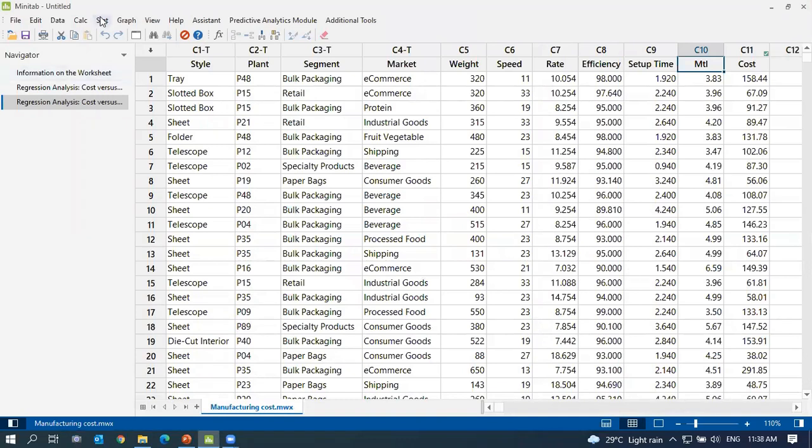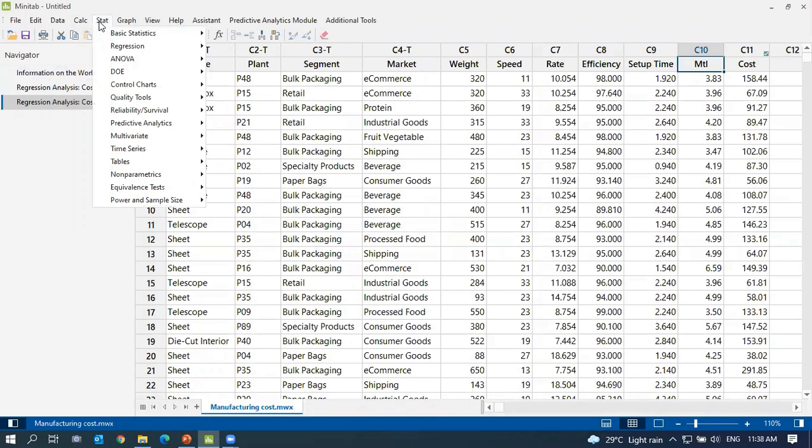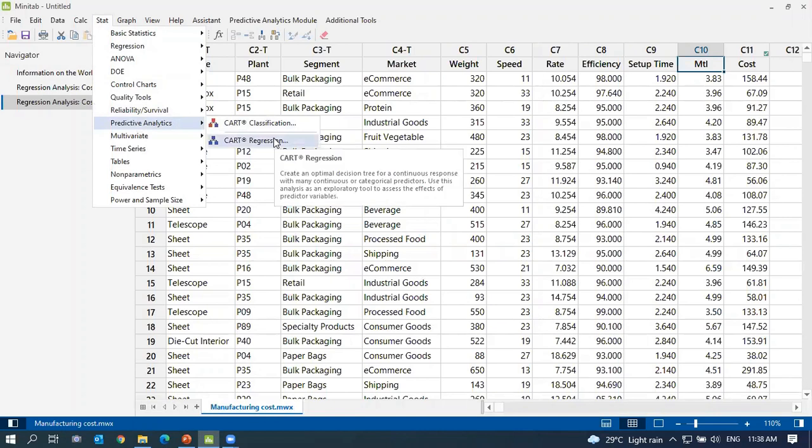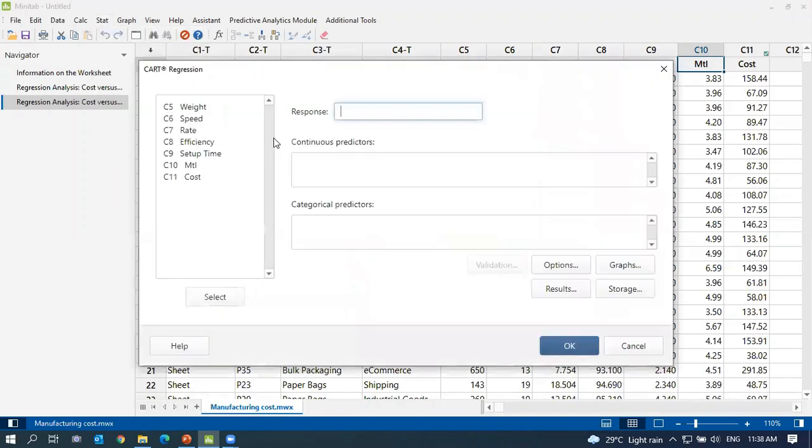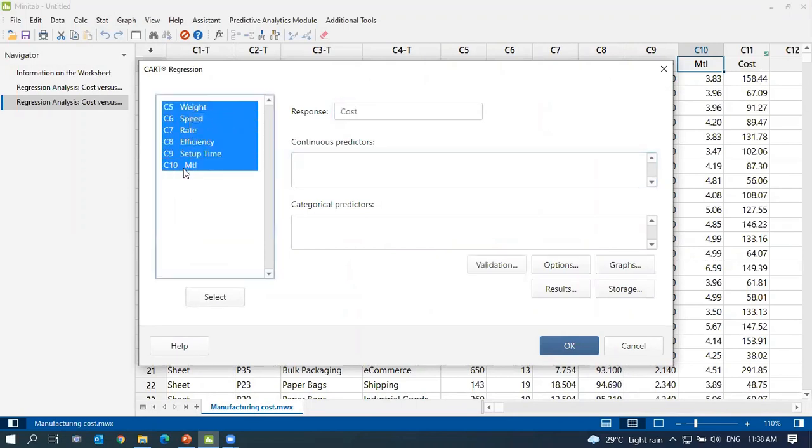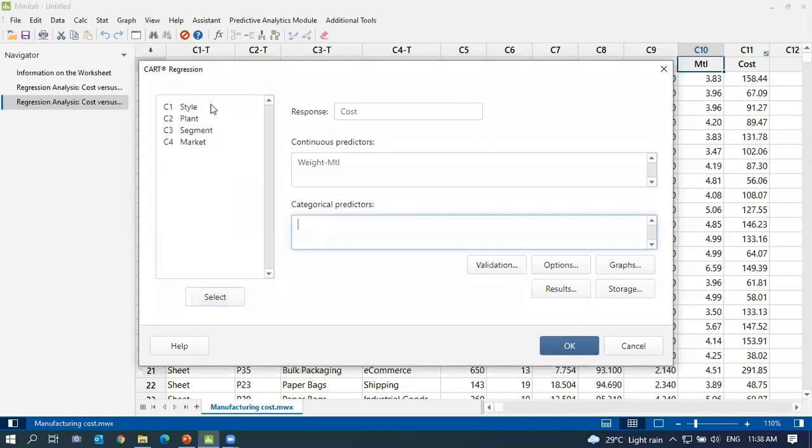For this model, we are using CART. Go to Stat, go to Predictive Analytics, and choose CART regression, since our cost is numeric data. So here is the cost, this one is a rate, and this one is